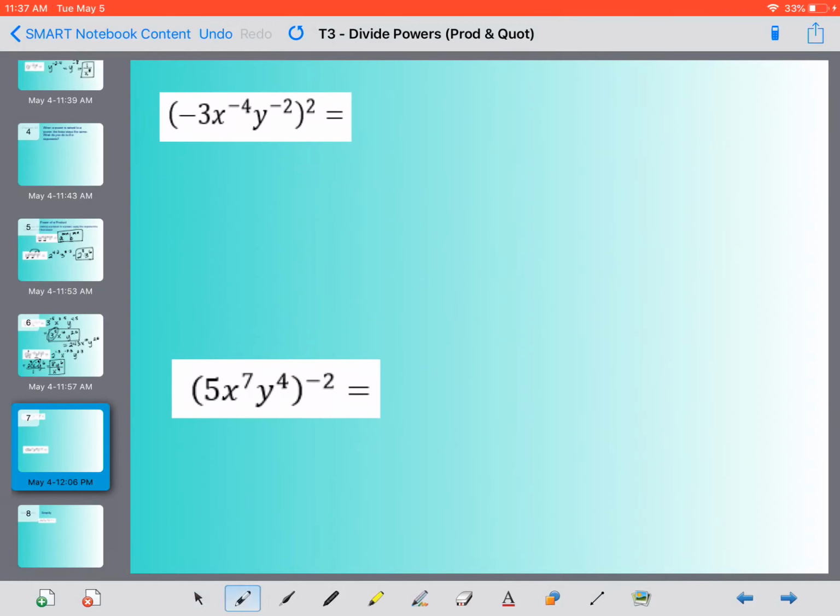Okay, this first one, negative 3, x to the negative 4th, y to the negative 2nd, and that's all squared. Now, since your negative 3 is in parentheses, you're going to have to keep it in parentheses. So that would be times 1 times 2 power, or we just say squared,